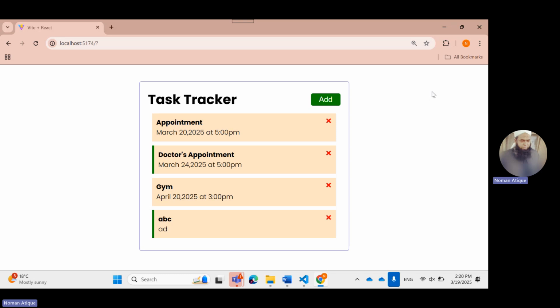This is on it, which is adding the task. How we can